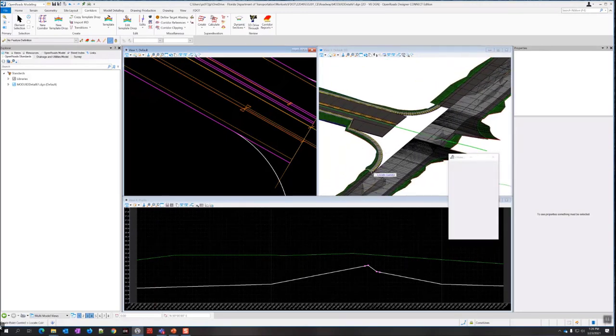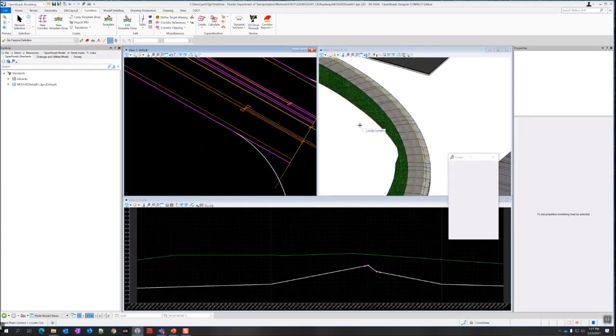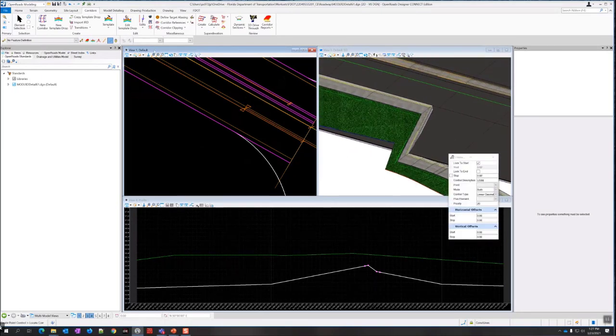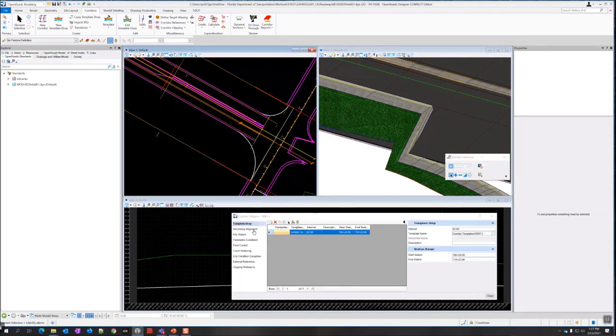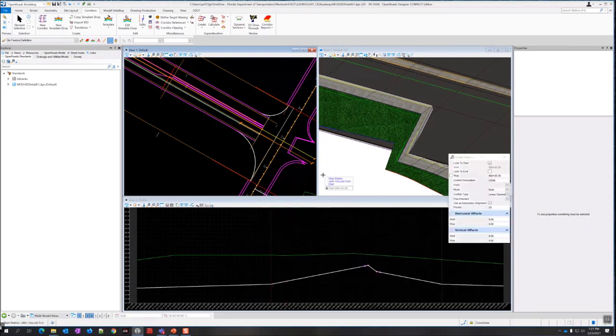So there we go. I moved it over. This one looks pretty good. We don't have any glitches on the end. If you do, we probably have to just edit the station here. I think it deleted the point control like the other one. Just had the same issue. So I'll have to re-add the mainline point control real quick. So at least it kept the super elevation point control. I'm going to add new.